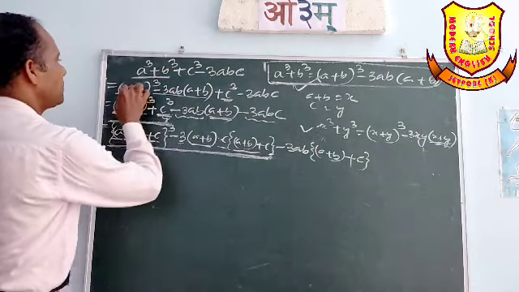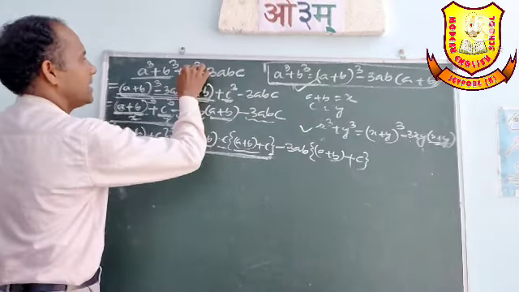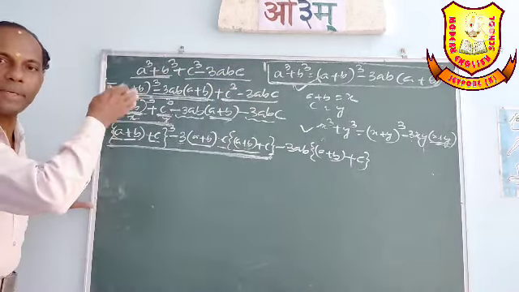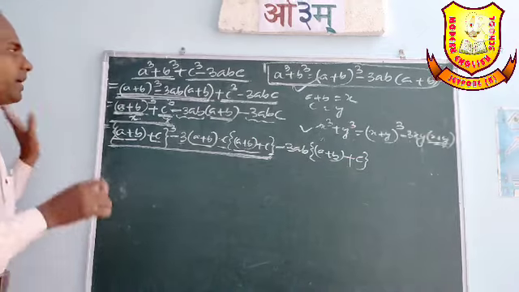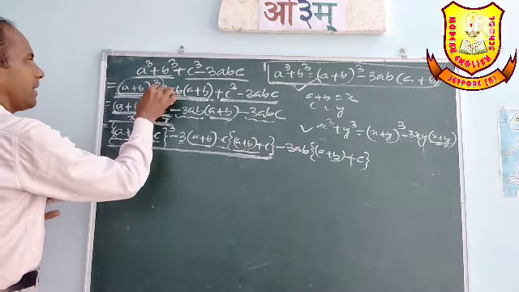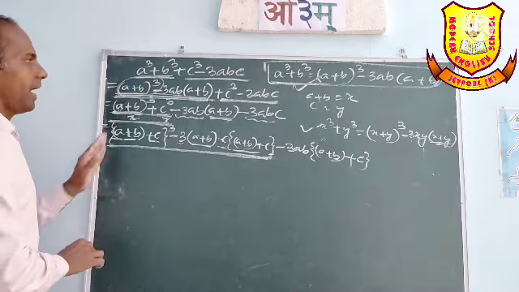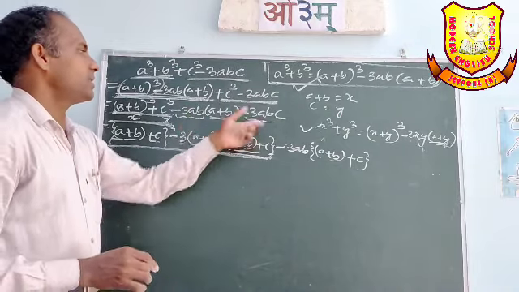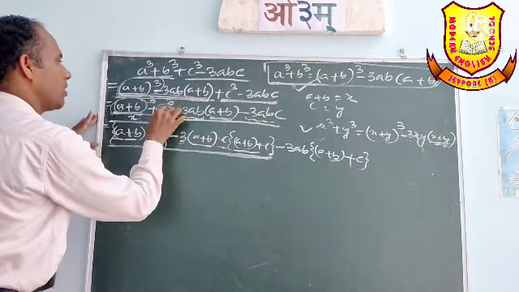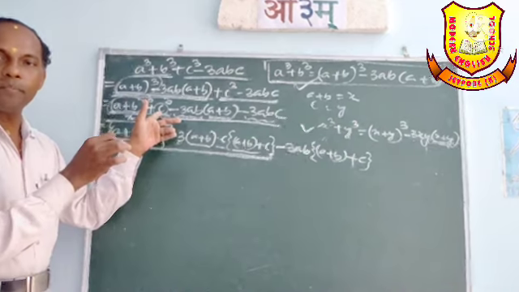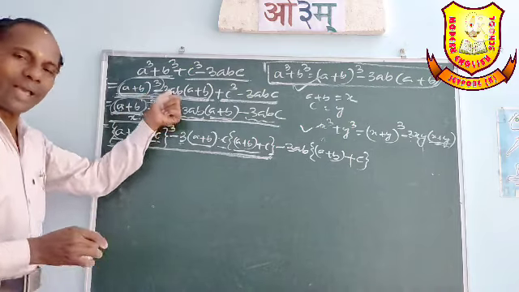And here this formula is applied. a cubed plus b cubed equal to this much is applied, and as usual c cubed minus 3abc is written. Just follow step by step. Now (a plus b) whole cubed plus c cubed are written together, and minus 3ab whole into (a plus b), minus 3abc is written as usual. Now again the formula will be applied. For (a plus b) whole cubed plus c cubed, this one is taken x, this one is taken y. So this is x cubed plus y cubed.